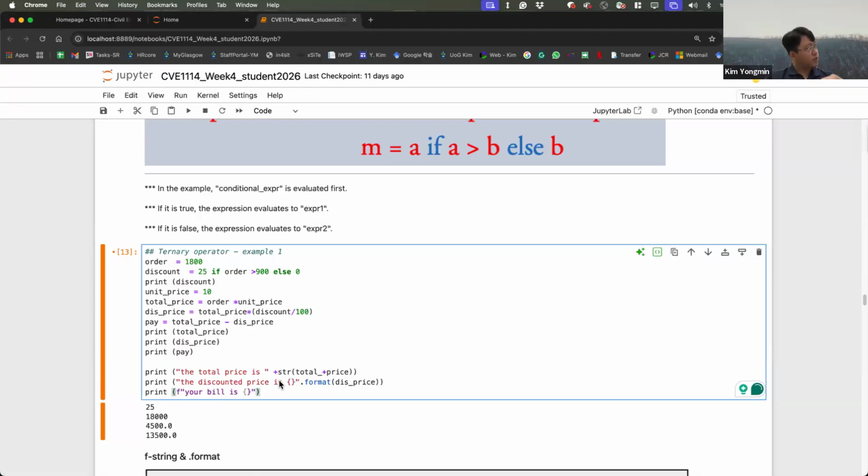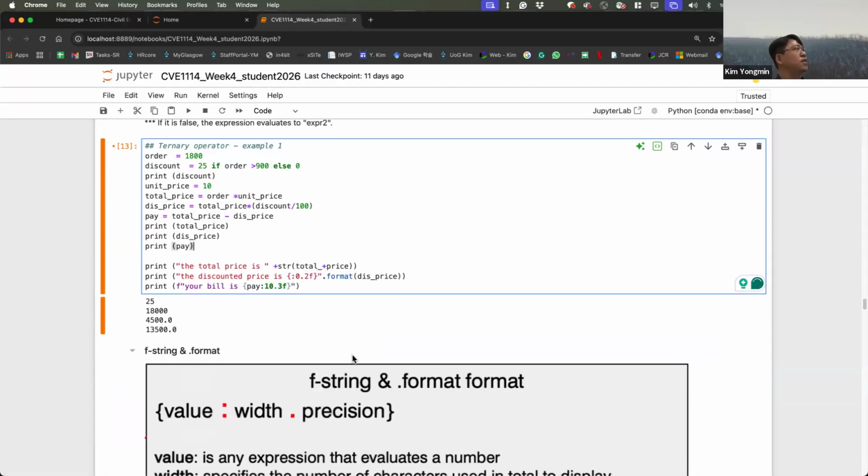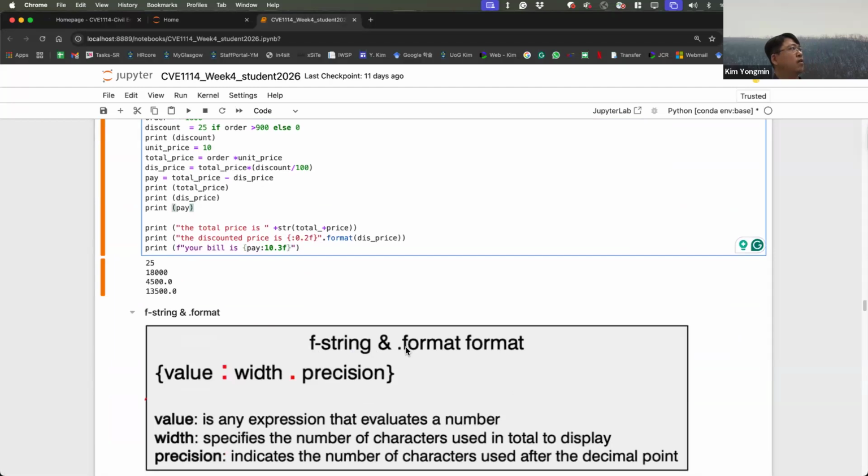In this case, we simply put the curly bracket here, but we can control it. For example, colon 0.2f. You don't know what it means? Wait. F-string pi colon 10.3f. This is the f-string dot format